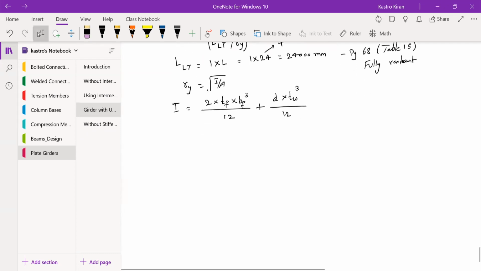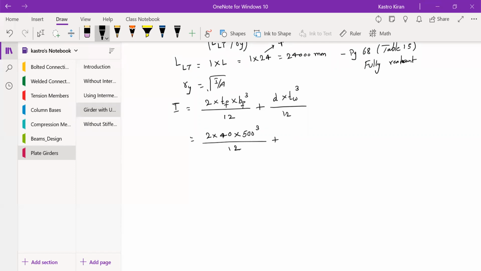Okay, so you know all the values of this. You have 2 flanges, one is the top flange and the other one is the bottom flange. That's why I am multiplying with 2. So the thickness of the flange is 40 and the width of the flange is 500. So 500 cube upon 12